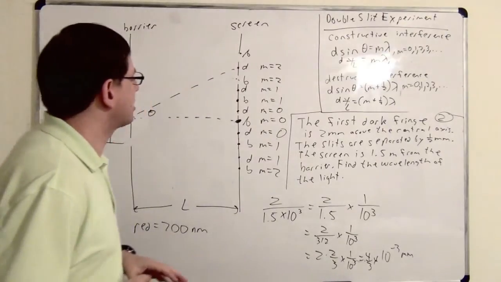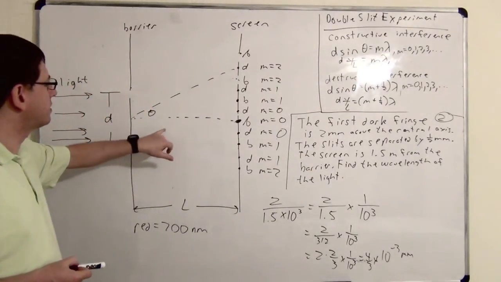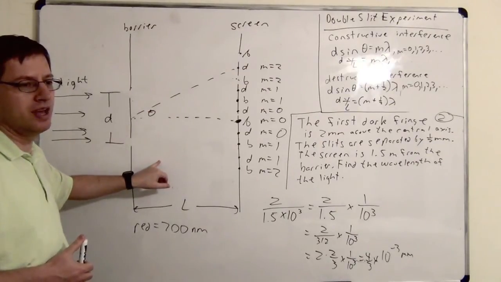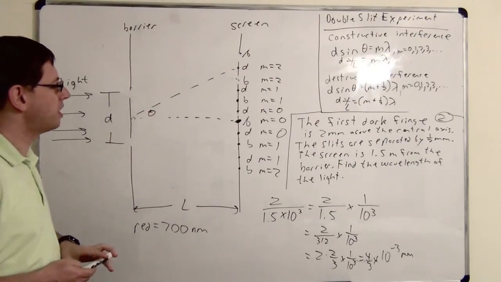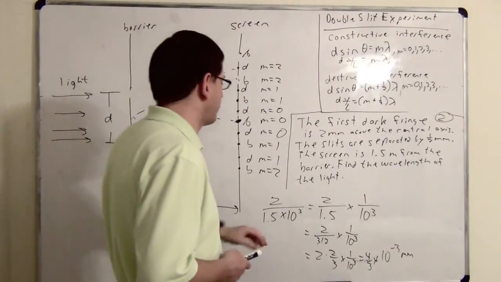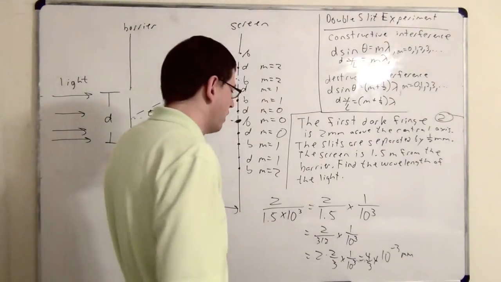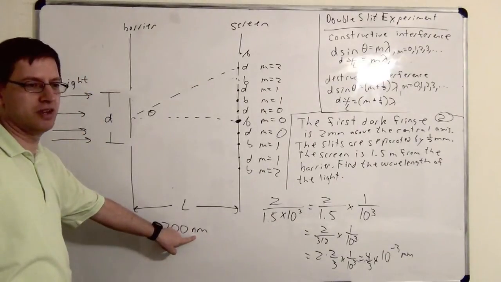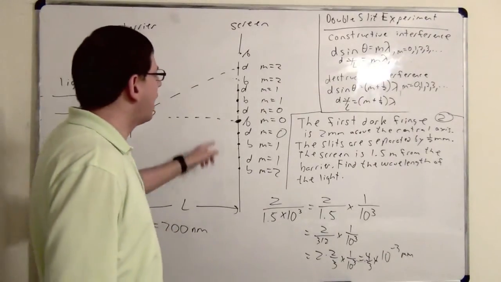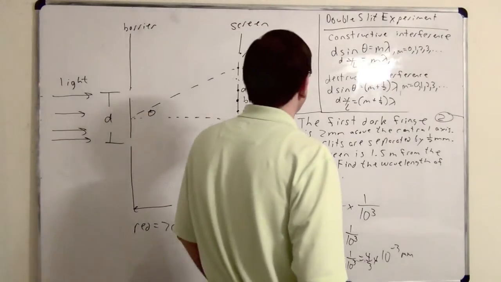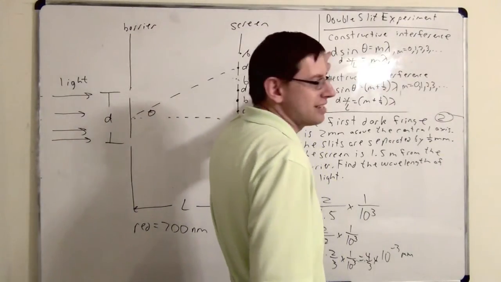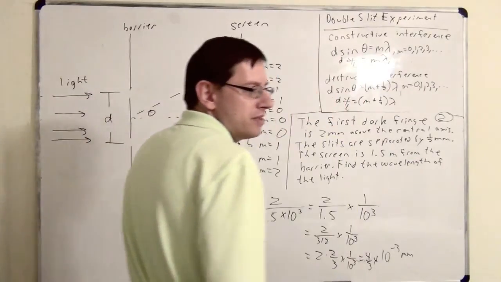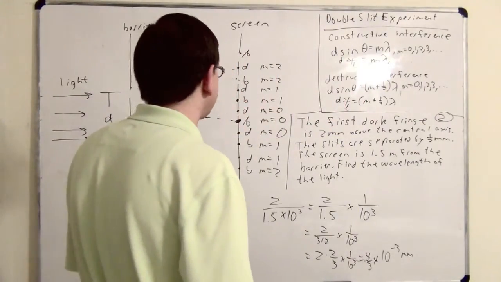So the cool thing about this experiment that Thomas Young did in 1800 is that not only was he able to prove that light was a wave, but at the very same time, he was able to actually figure out the wavelength of the light. Again, that's a pretty impressive achievement considering how small a nanometer is. There's no way you can actually see a nanometer, but supposing that he was good enough at geometry to work out these equations, he could then work out what the wavelength was for the different colors of light he was using.